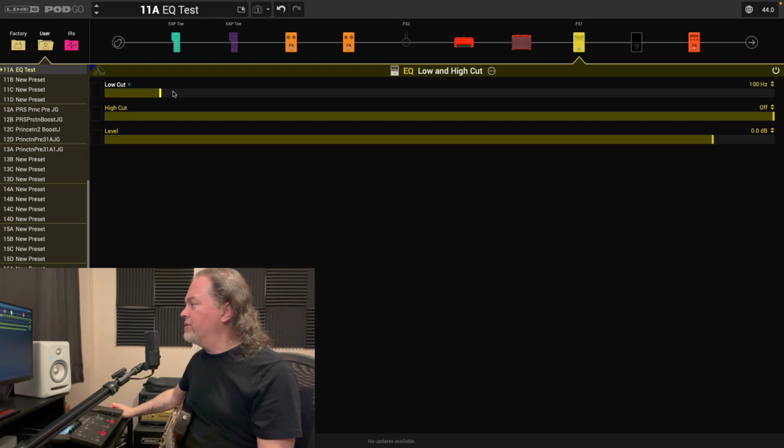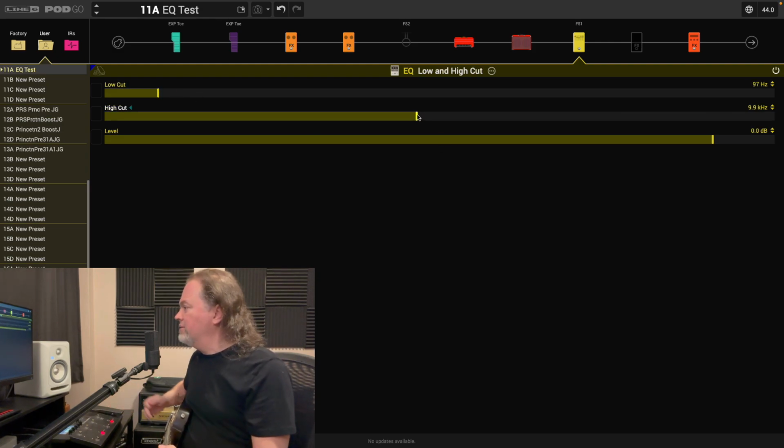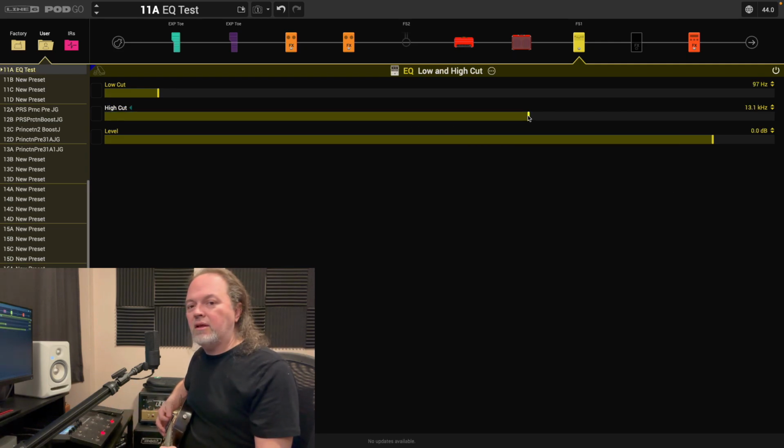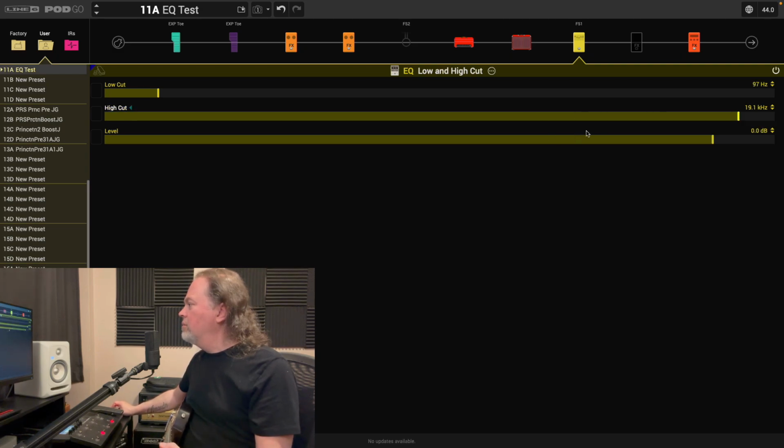I don't find this very bright to begin with, but once you get down to about 10, and that's 10,000, or 10 kilohertz, sorry, that's when I start to notice. But if I put it to 13, I don't notice too much of a difference between 19 or 13. But anyways,